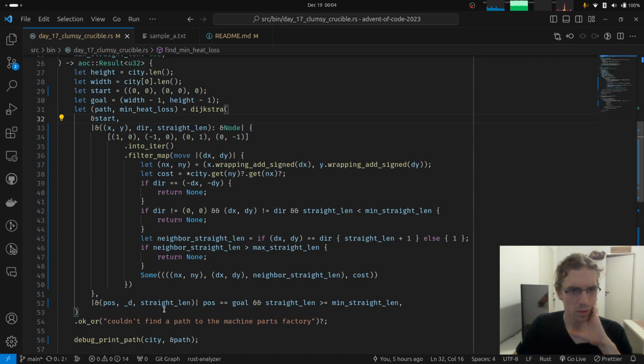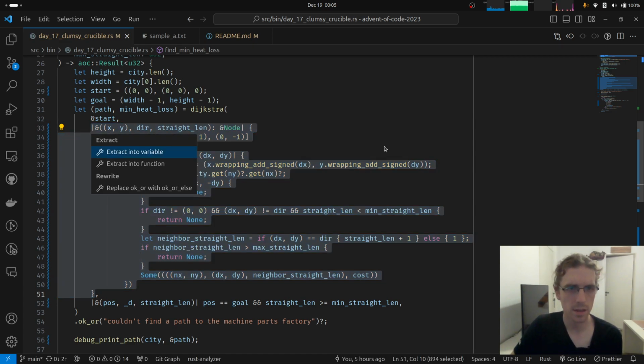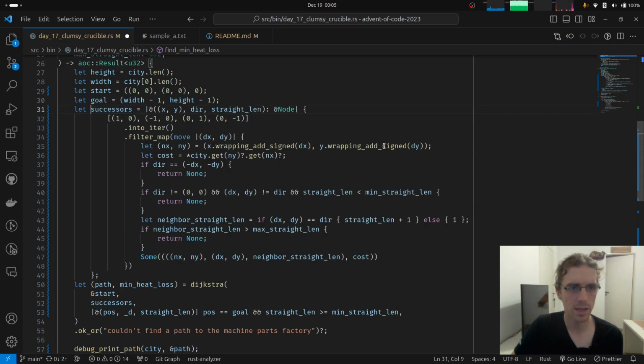So what else was I thinking about? This thing, I guess this is fine as a success function. I was thinking a little bit about extracting some of this to not have everything so clamped up and nested. So let's see how it looks. If we call this thing successors.